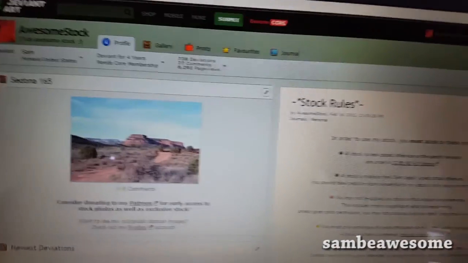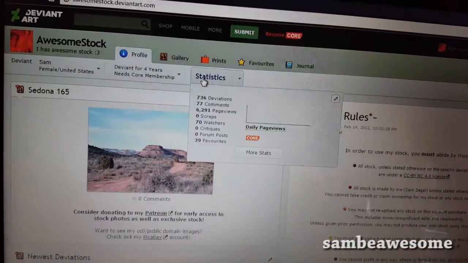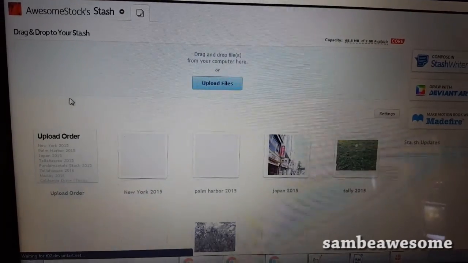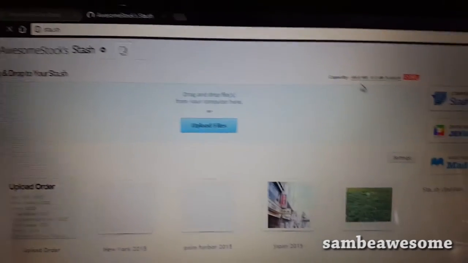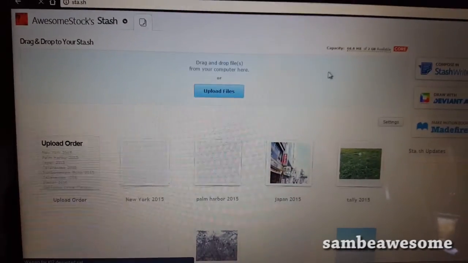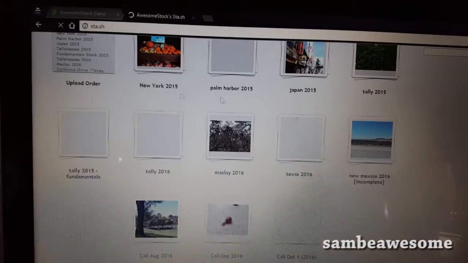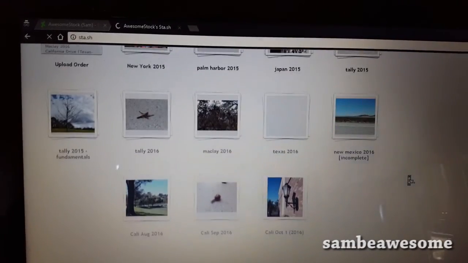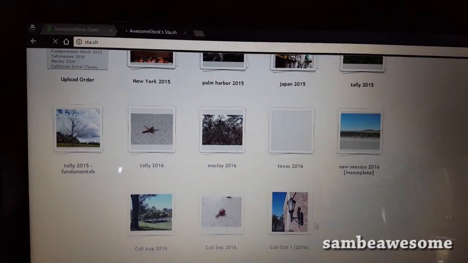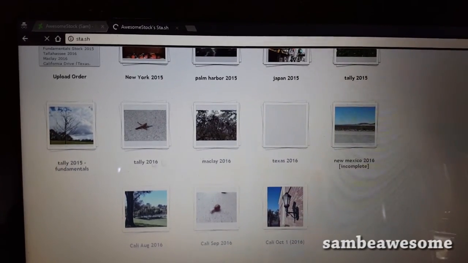Alright, so this is my stock account. Woo, so exciting. Yeah, a shit ton of deviations. This is just some of the ones that I have on here, and look at this. Alright, can't really focus, but that's 68 megs out of 2 gigs available. There's more. There's more than this. This will probably be like a year before I even get to the ones that I've